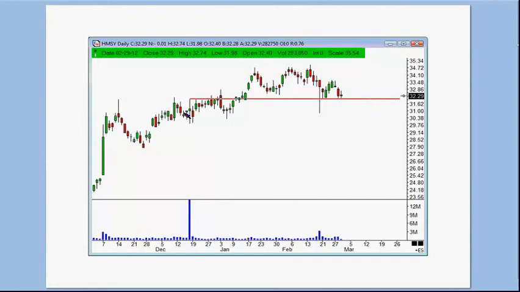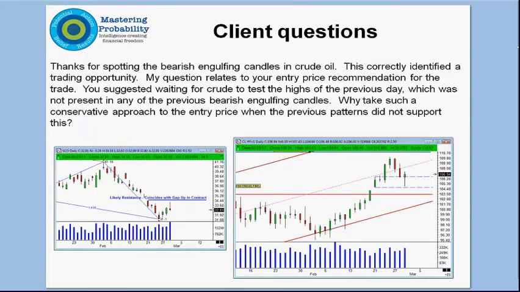So that's with really just a few minutes to go. I wanted to just open. There was a couple of questions, and it was one question. I apologize, and the one question was dealing with the bearish engulfing candle on crude. And the question was, why was I being conservative in taking the trade? And I apologize if I didn't express this inside the newsletter, it was in taking simply a look at reward to risk on this trade.